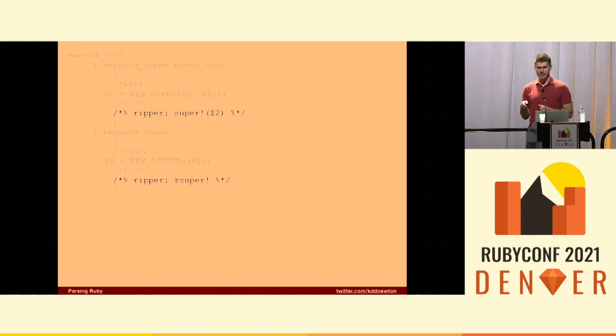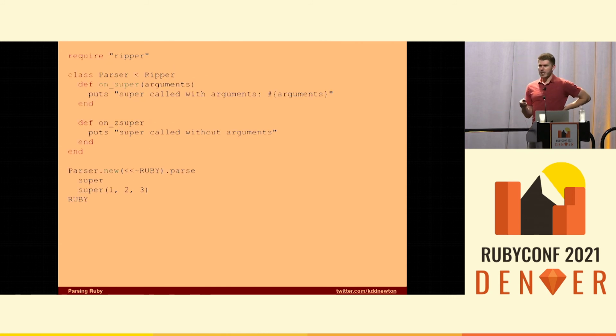The important part is right here. That's a DSL. It's a tiny little language that's baked into the language parser generator that is used by Ruby, that then gets generated by Makefile, which then gets generated by Ripper. I couldn't tell you that again if I tried.